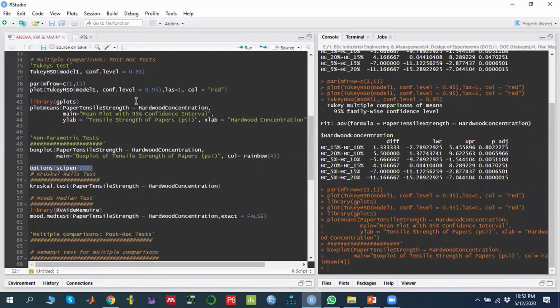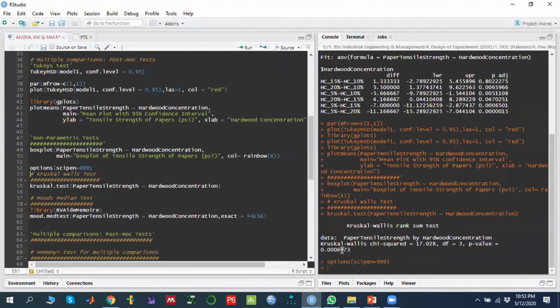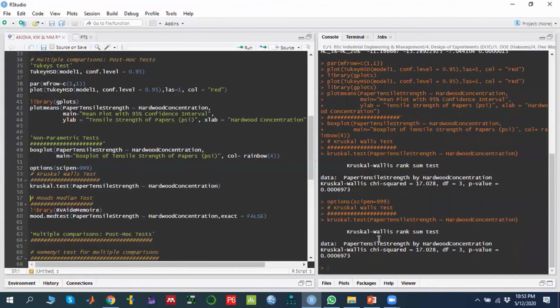As we have seen previously, if I run Tukey's test, I might get the p-value in scientific notation, but by running this command, options scipen equal to 999, the benefit is that I will now get the p-value